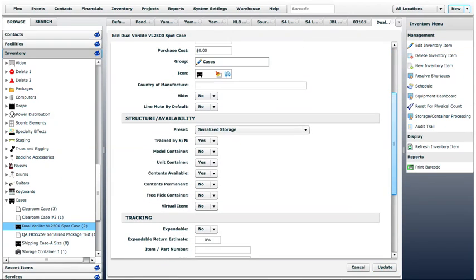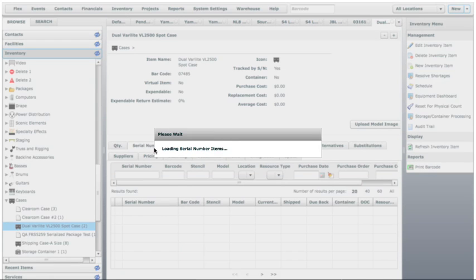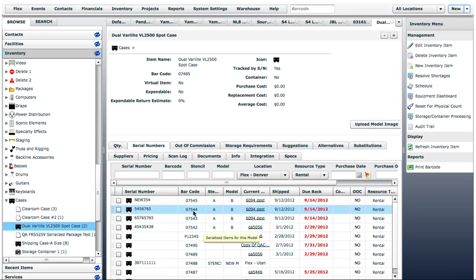The preset is what we call a Serialized Storage. It's tracked by serial numbers, yes. We can put very specific units inside each case, but the contents are available and they are not permanent. So for this example, if we go to the serial numbers and we open up this very specific barcode,